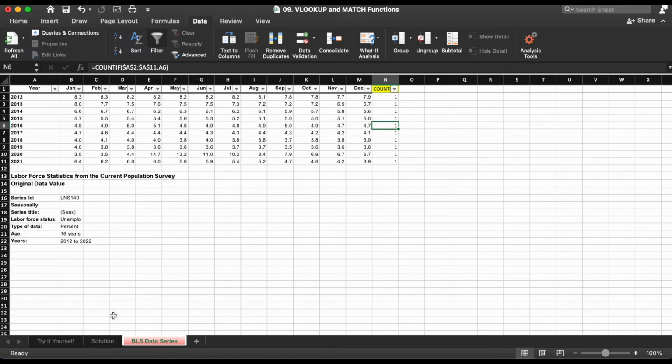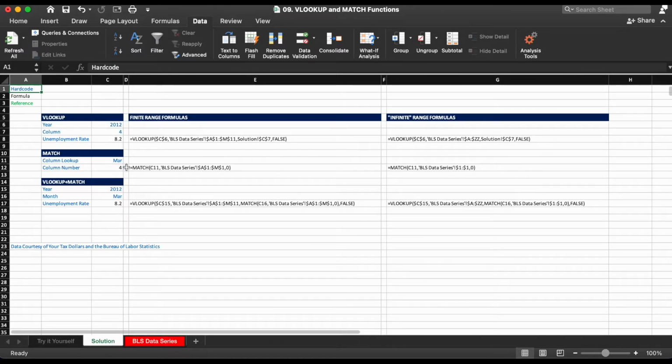So let's go to the Solution tab, or try it yourself in your case, and we're going to go to C6. Let's clear these out, don't want anyone cheating. So in C6 we see 2012, and that is the value that we want to look up in the first column of our range.